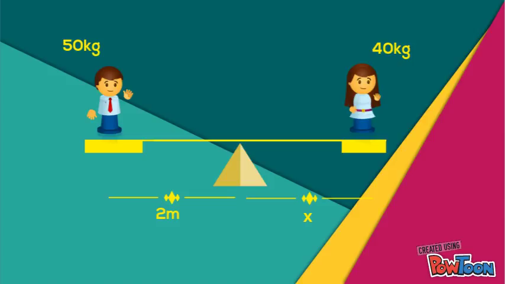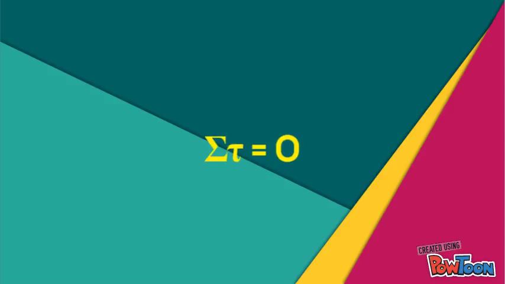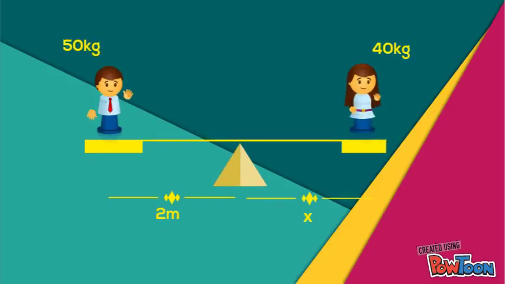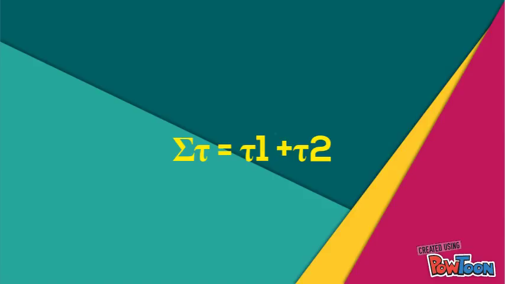sit on the seesaw? This example uses the concept of rotational equilibrium, since the aim is to find out how to balance the seesaw. This means that the net torque is equal to 0. Let us see all the torques present in this example. The two kids exert a force on each end of the seesaw because of the pull of gravity, so net torque is also equal to torque from the healthy kid plus torque from the lighter kid, and this will be our